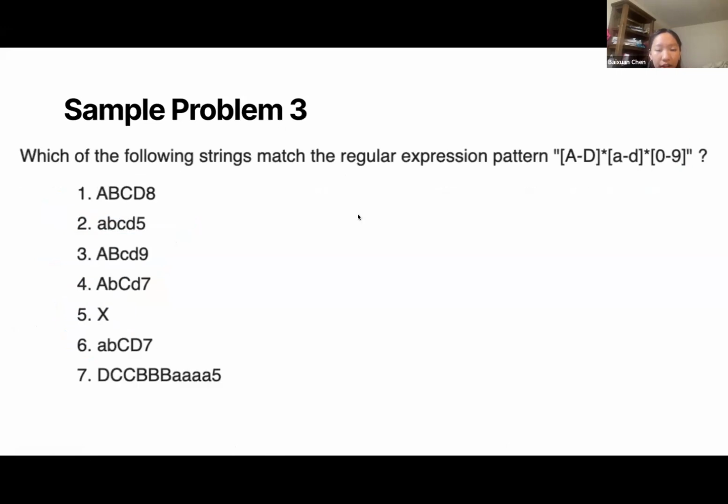Sample problem number 3. Okay. So this one has our expressions. So then let's first interpret what the regular expression is asking of us. So first, it can be letters A, B, C, or D, right? That's what the dash means in the bracket, capitalized. And it's an asterisk, so it means 0 or more of these letters, followed by 0 or more of A, B, C, D,